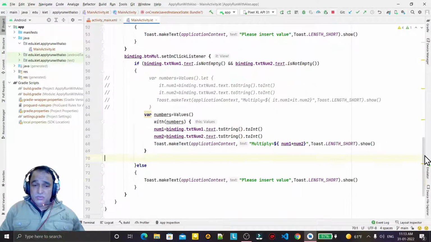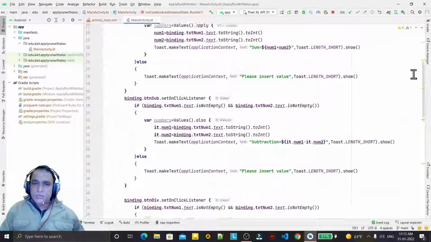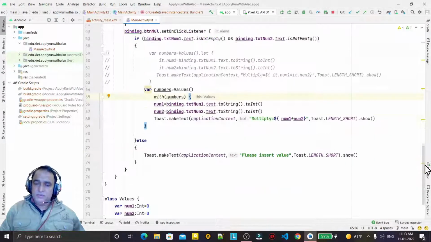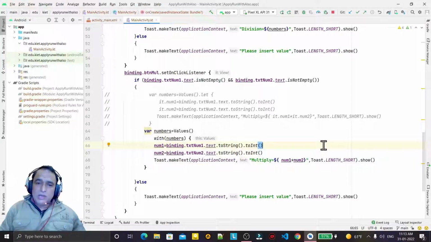So you have seen the use of let, with, run, also and apply with a simple calculation example. It's very simple. Now you can understand easily how you can use these. All are just a similar concept, but a little bit of differences are there. So I have explained all the differences, and with a simple example I have tried to explain. I think you understand each and every concept of these functions. With, also, apply, let, run, all are simple to understand just with a simple example as I showed you in this example.